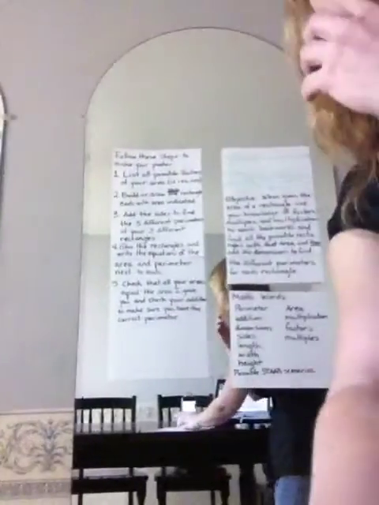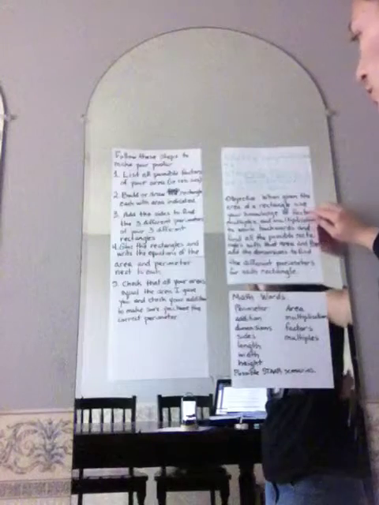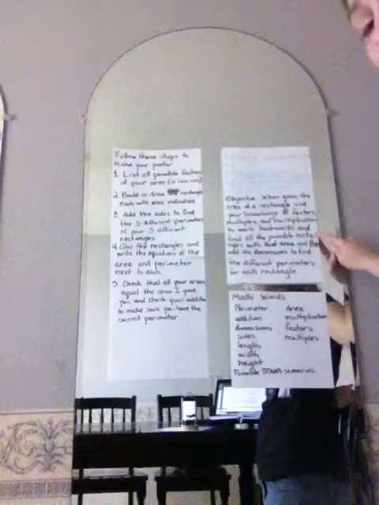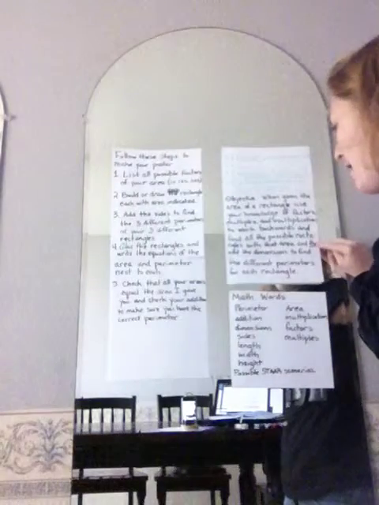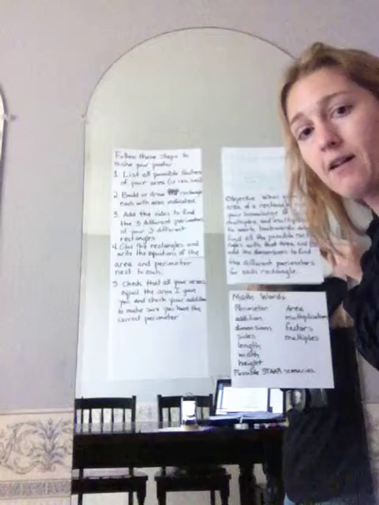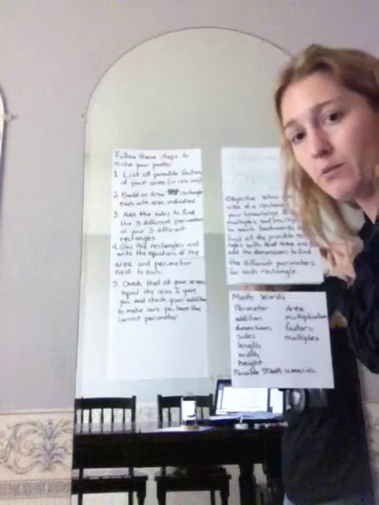Now, what you're going to do is break into different groups. I'm going to tell you what your area is. You're going to work together, and here's what you're going to do. I have all of it written for you right here. Your objective is, when you're given the area of a rectangle, to use your knowledge of factors and multiplication to work backwards and find all the possible rectangles that you can with that area. And then you're going to find the different perimeters, okay? Even though these 3 different rectangles will have the same area, they will each have a different perimeter,